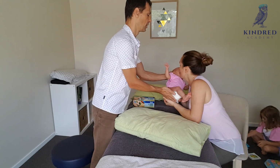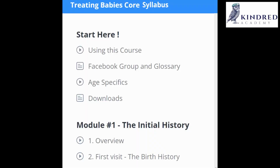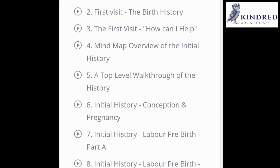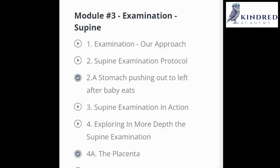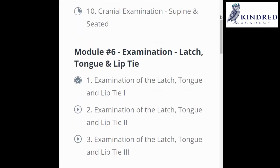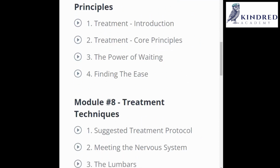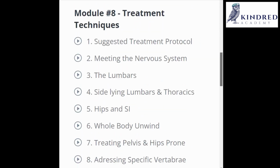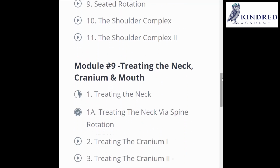So I sat down and went through all of this footage, just shot so much footage and then broke it down into structured tuition. As you can see here, there's a huge amount in this particular course that we're looking at, which is the core syllabus. There's 7 courses in total in the Kindred Academy suite of baby courses, and we're looking at one particular one here, the core syllabus, and there's over 70 video tutorials in this course, split into these different modules,